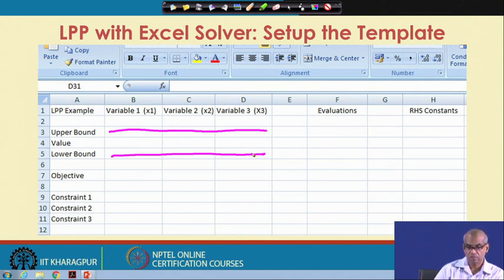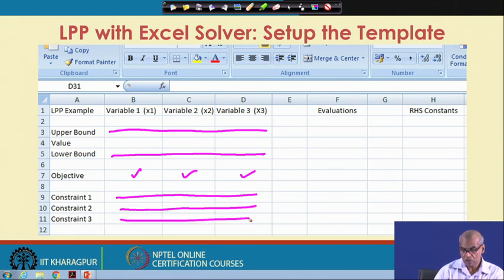These three cells will contain coefficients of the objective function, and these 3 cells will contain coefficients of the constants, constant 1, constant 2 and constant 3 respectively.